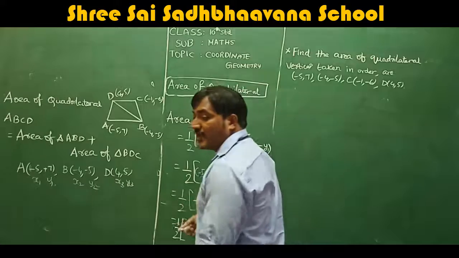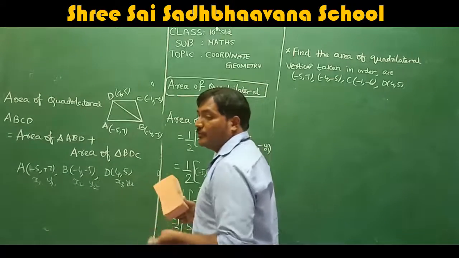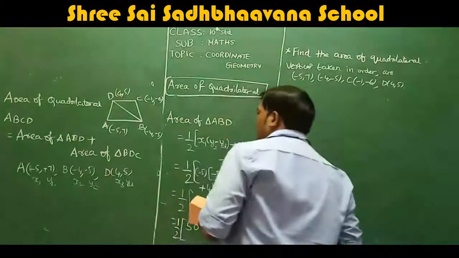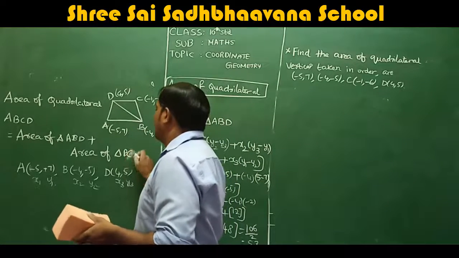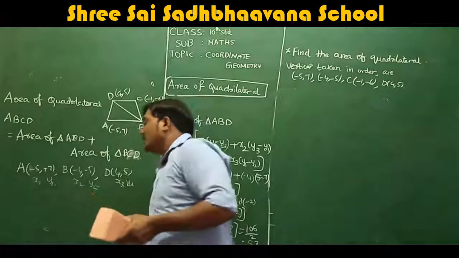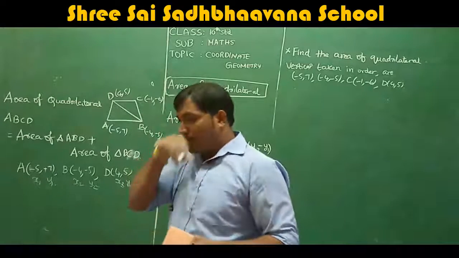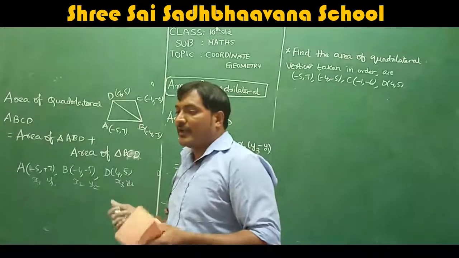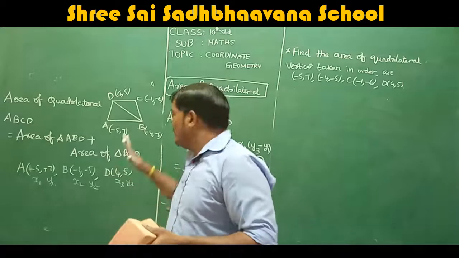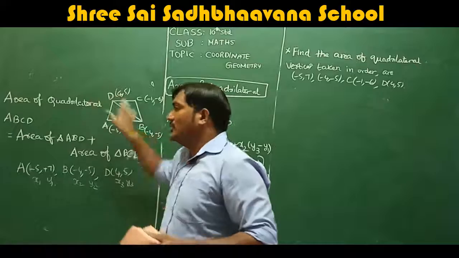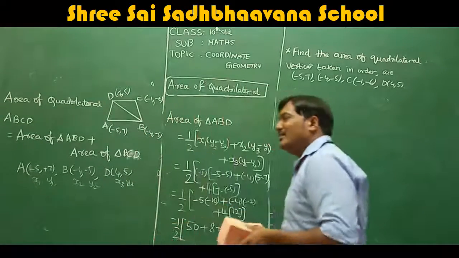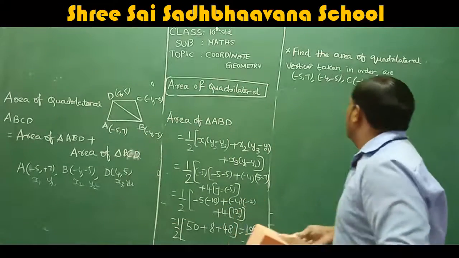So to find the area of triangle BDC, what do we have to do? We will go in an order again. Take area of triangle BCD. You can even take BDC, but you go with the order. You have to follow the order. Even if you write BCD or BDC, it doesn't mean you will not get the answer.